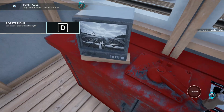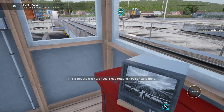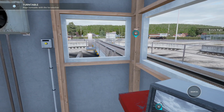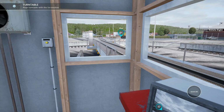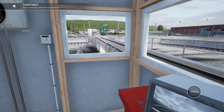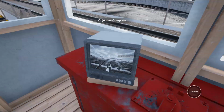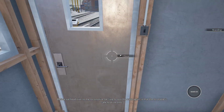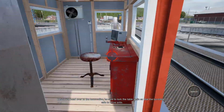Hey, this way. So then we go like that. One more, or a couple more. Over. There we go. Line up. There we go. We'll lock it. Hop out. Before we head over to the locomotive, be sure to lock the table, which I again locked,